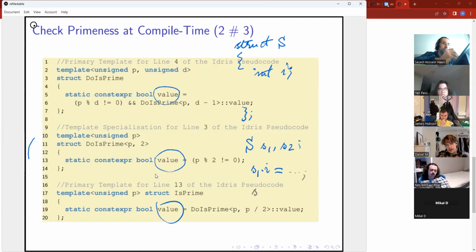So I can do things like these. But you can also have static data members. So let's say that I am going to call this static data member. Now, oh, sorry.